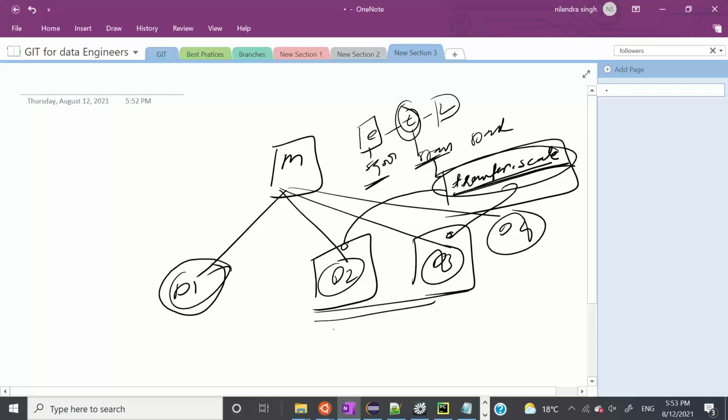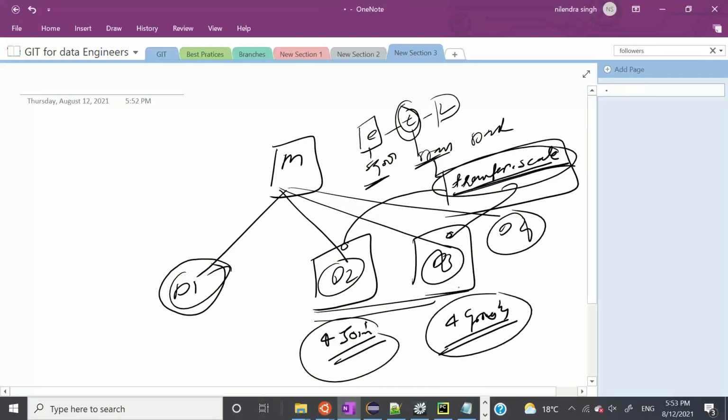So let's say D2 added 4 lines related to, let's say, some joining, let's say 4 joins, right? And then D3 added 4 group by operations, something like this. At the end of the day, they merge this thing, and then they save it to, let's say, some common server. Now, what are the benefits of this approach? Seems very simple, right? But in reality,